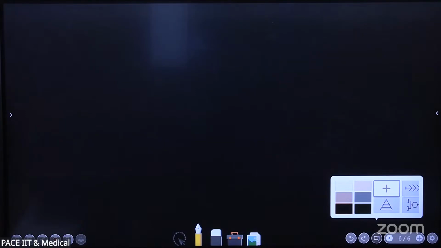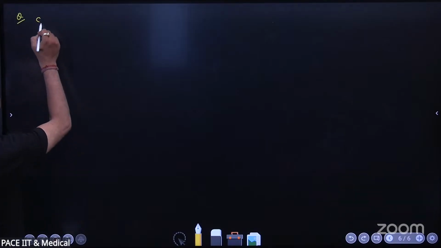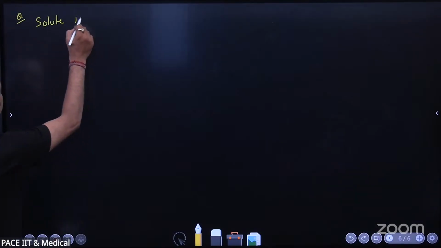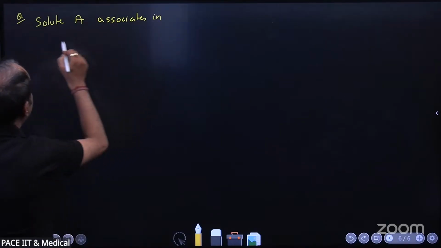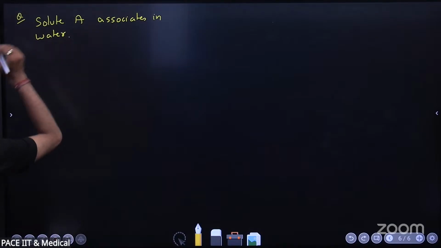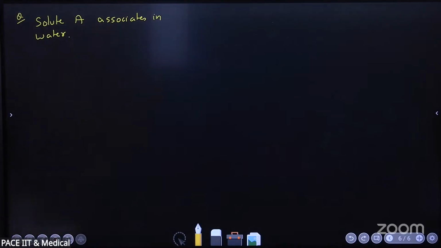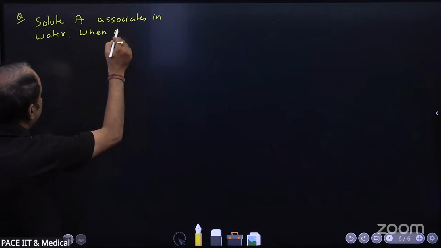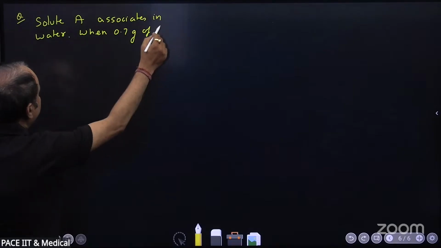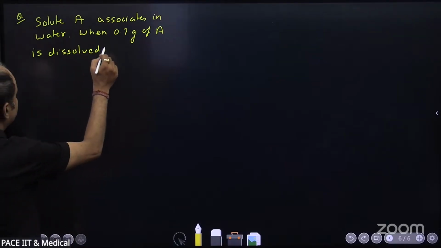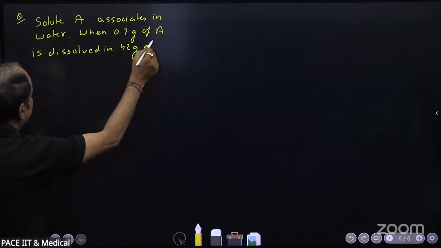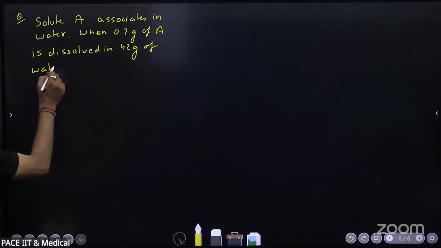It associates in water. When 0.7 gram of A is dissolved in 42 grams of water,